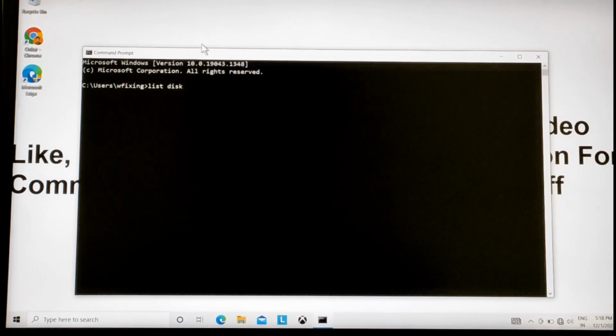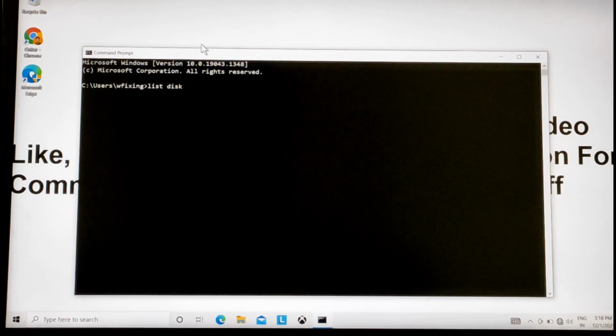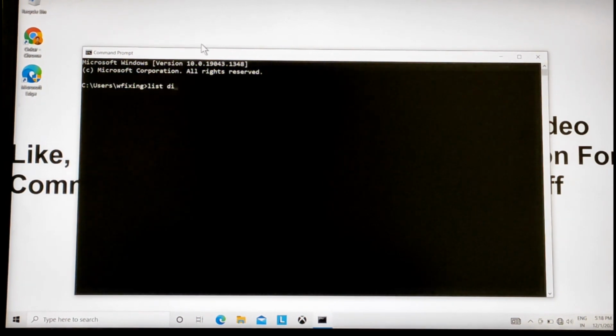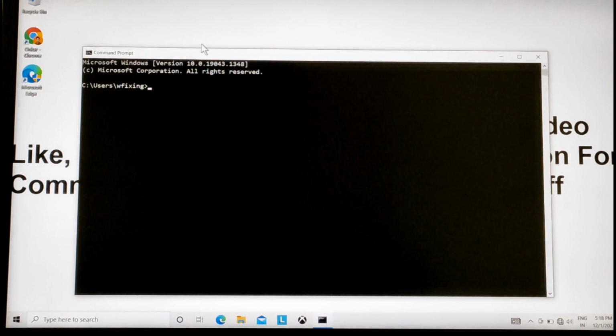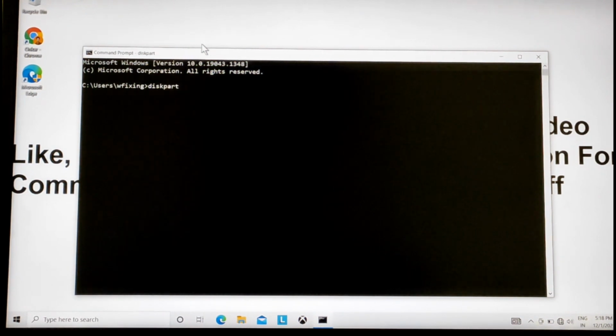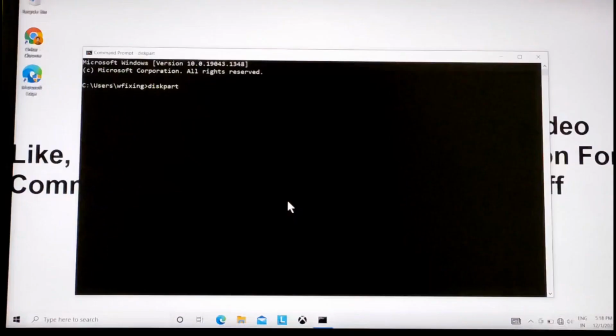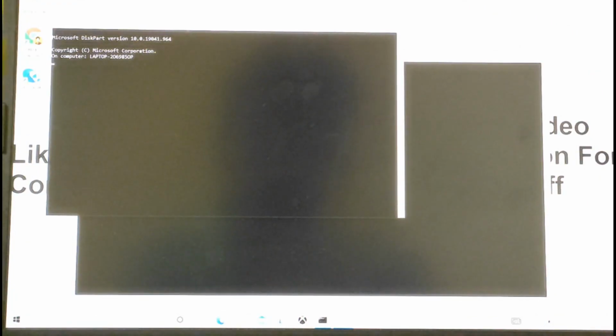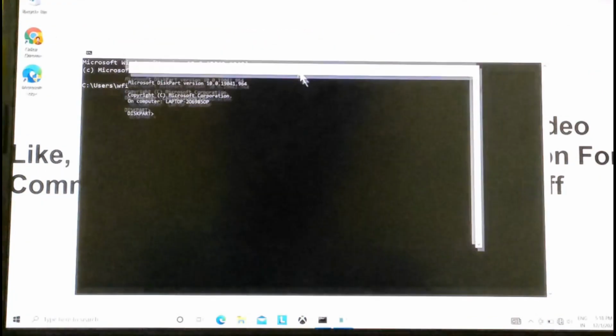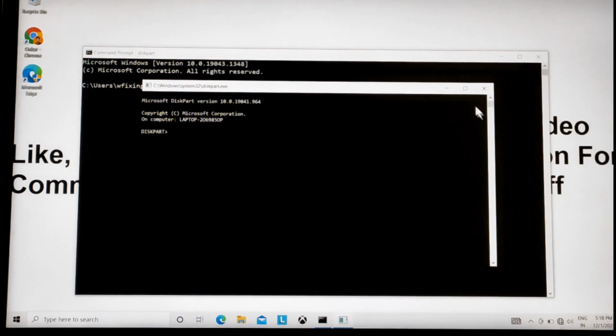First is list disk, but first you have to type diskpart here, and I think it will work in a boot mode. So you can see we are in diskpart now in the second screen.